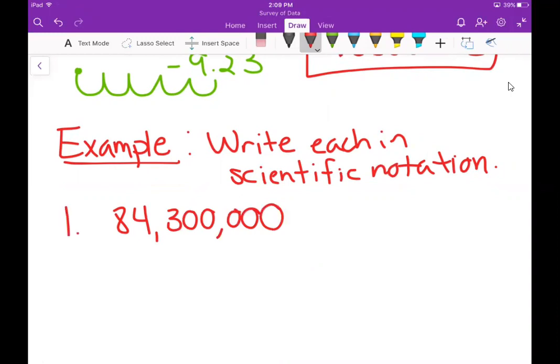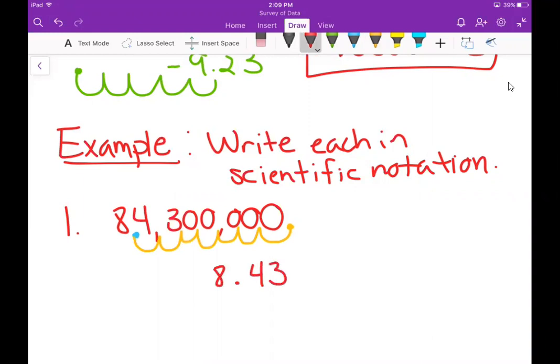All right, the trickiest part is to get that first number. What you're always gonna do is you want only one number in front of the decimal place. So my first number here is 8, that means I want the decimal place behind 8. My current decimal place is always at the end of my number. So what I need to realize here is how many times that decimal place needs to move. It needs to move 1, 2, 3, 4, 5, 6, 7 times to become